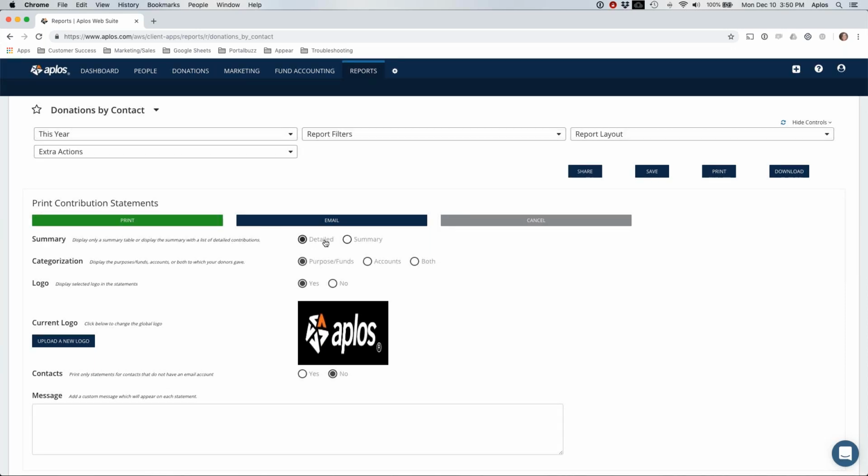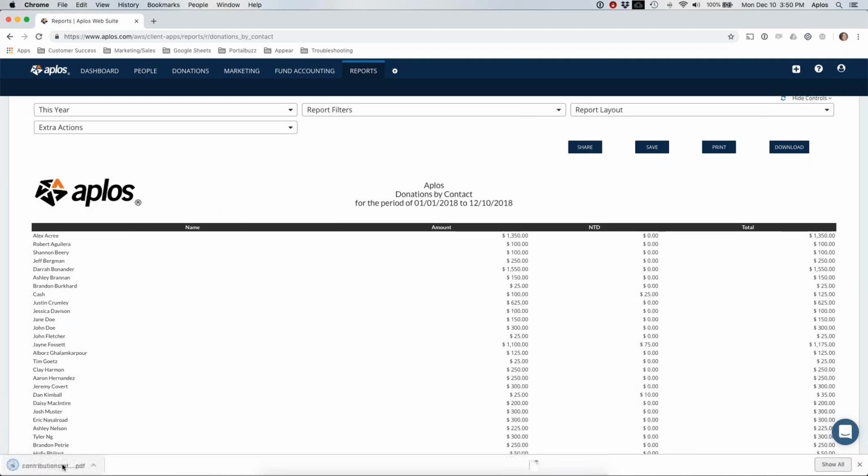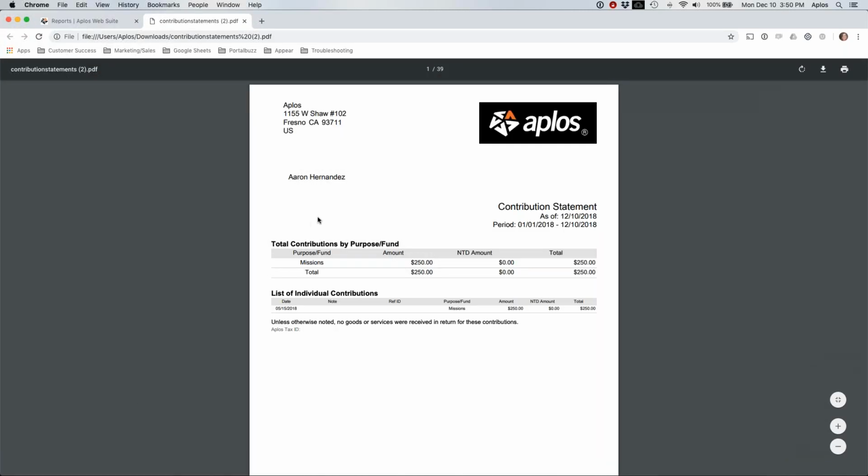So the detailed is going to give a list of each contribution individually. I can show those by purpose and fund or account or both. I can have my logo on there, and then I can say print only statements for contacts that do not have an email address, because then I can email the others. So let's say I'm going to print them, and that's going to give me a download right here